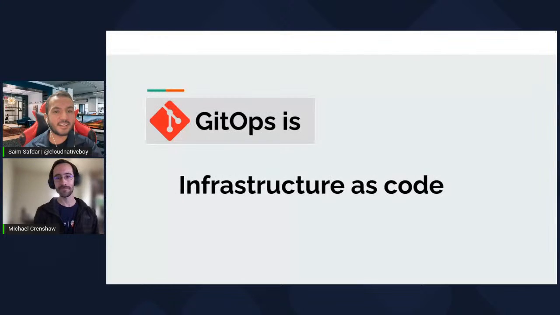We have just created some small slides for people to understand what GitOps is, and we will ask questions during the live stream. Michael, let's talk about the time before GitOps. I think the whole evolution started from infrastructure as code, where we write code to build our infrastructure. Can you give the public some pointers on how infrastructure as code works and what it was lacking before GitOps? Sure.